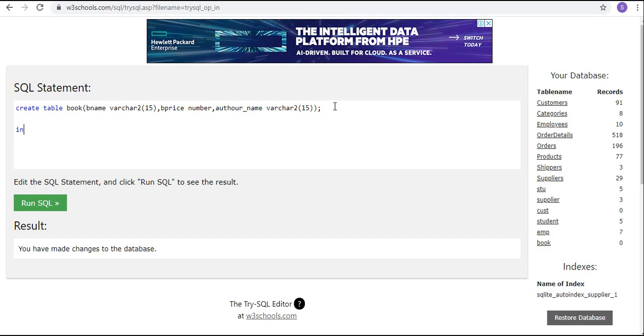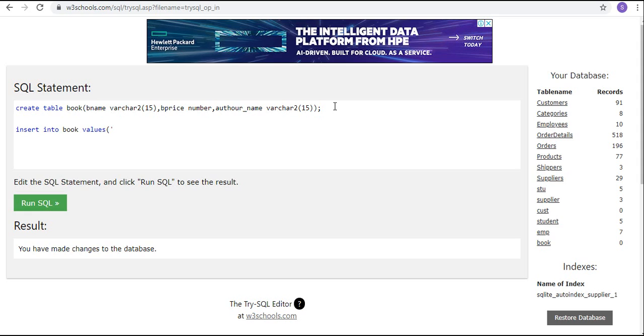Once we create the table, the next step is to insert the values. So insert into table name values. Every varchar, that is text, must be in single quotes.